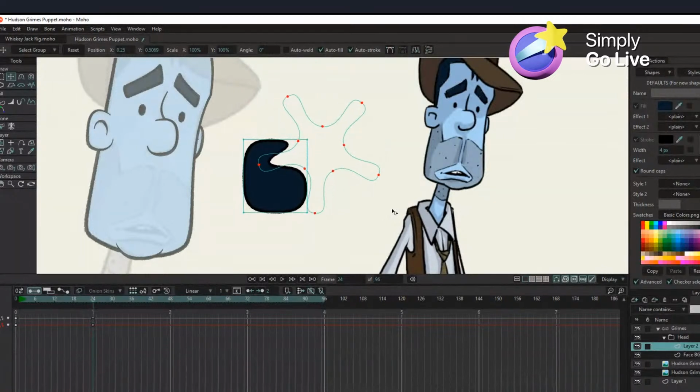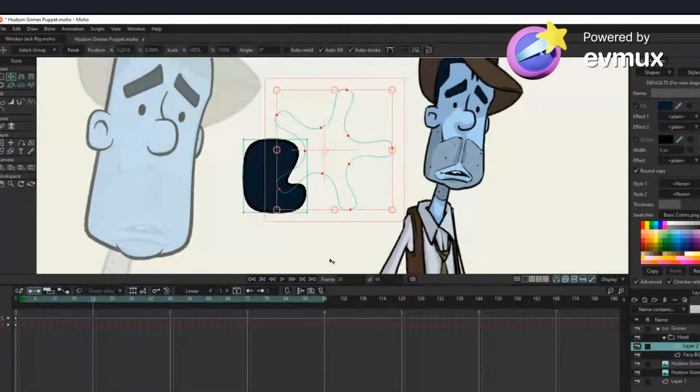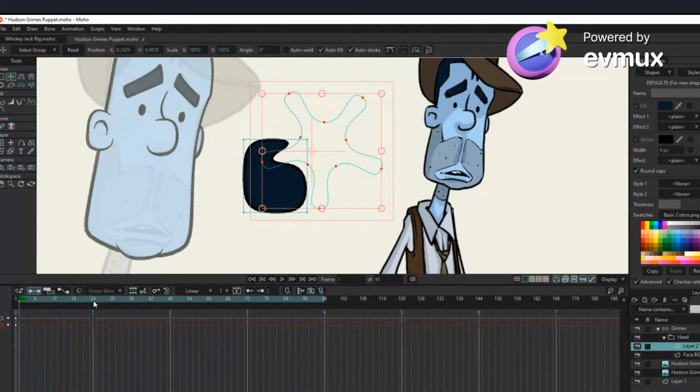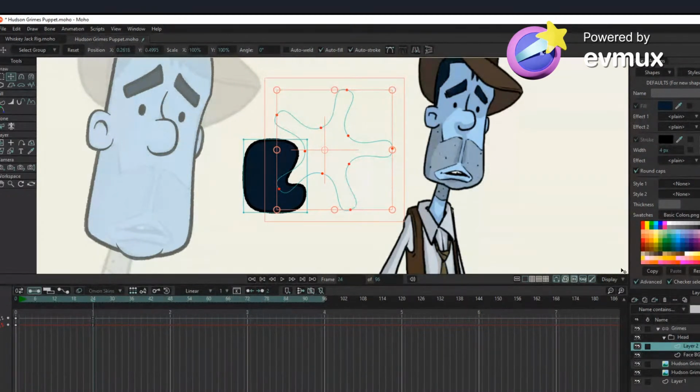So one thing I don't understand is on a timeline, say I'm not adjusting the scale of it, but on this timeline, it does that automatically, and I don't know why yet. But if I assign a bone to it and move that bone, it doesn't do that. But I'm just doing this to demonstrate the liquid shapes right now, so I'm not going to do anything with the bone.